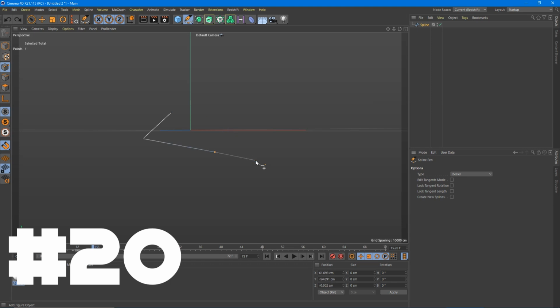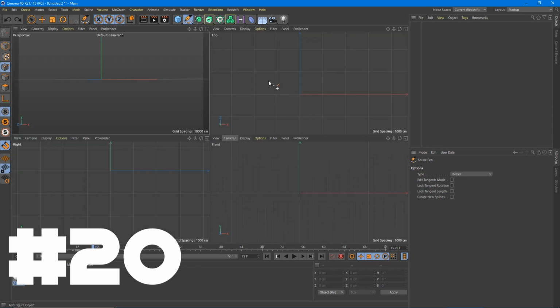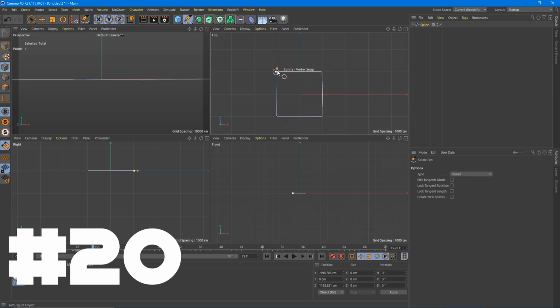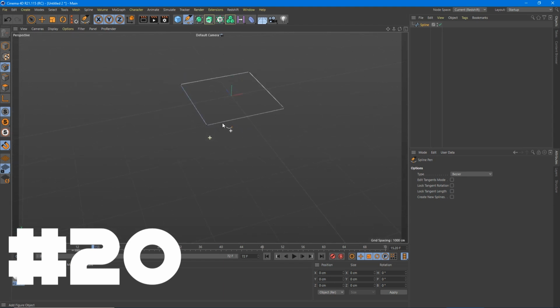Because I did that in perspective view, you have no way of knowing that you're doing it in the right area. So if I go square, square, square, oops, and then that, which is pretty close. But let's look at that in the perspective view. You can see that it is indeed actually a square. So that's the last tip: when you're doing the spline tool, do it in one of the orthographic views, because otherwise it will be a crazy, weird optical illusion.